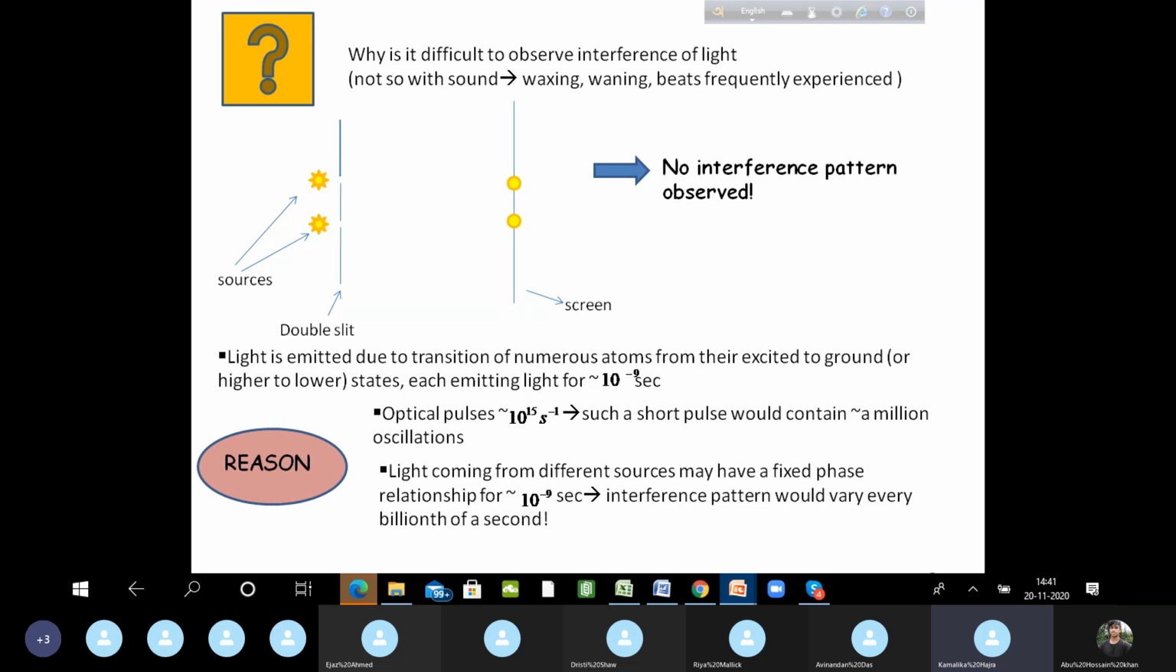The resolution of observing two separate events by our eyes is at least 10 to the power minus 1. Hence, interference pattern due to light coming from two separate sources cannot be observed. So once again I am repeating, as I did in our original classes, that if you are asked this question, if there are two separate sources of light, will there be interference of light? Your answer will be, yes, there will be interference of light, but we will not be able to observe because